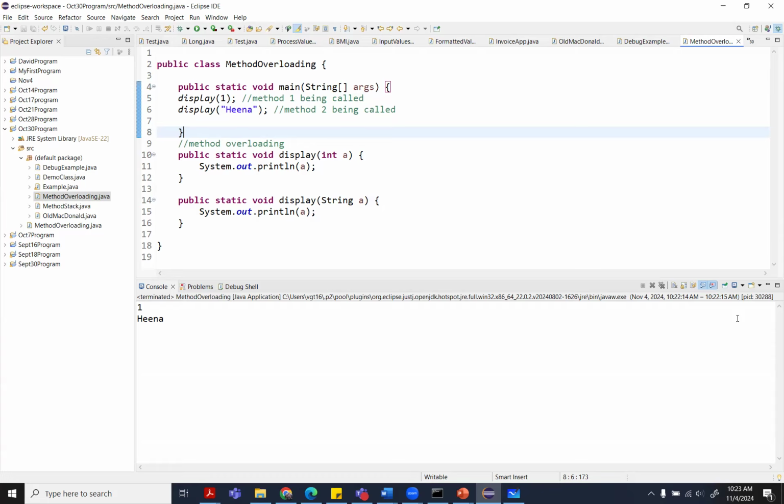So the way method overloading is helpful is that sometimes when you are taking input from the user, a user can enter an integer value versus they can enter a string value versus they can enter a double value. But let us suppose you have created a function which is just taking an integer value. So if the user enters a double value, it will give you an error and you should not be able